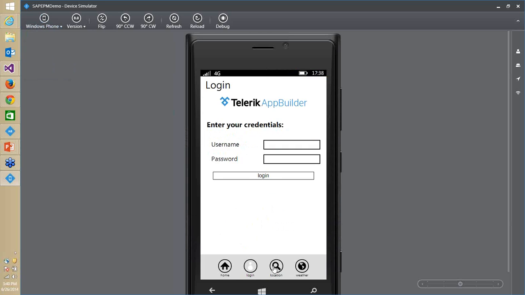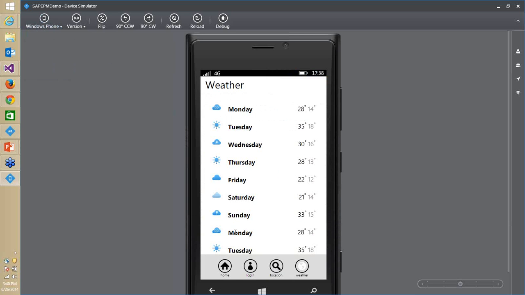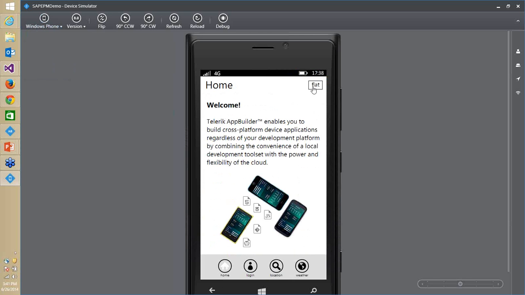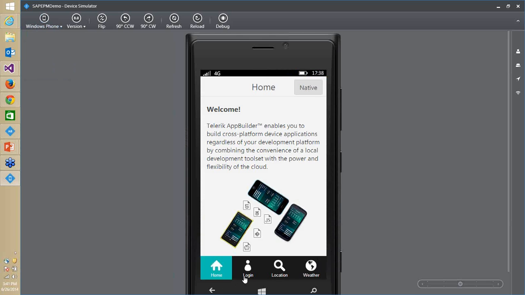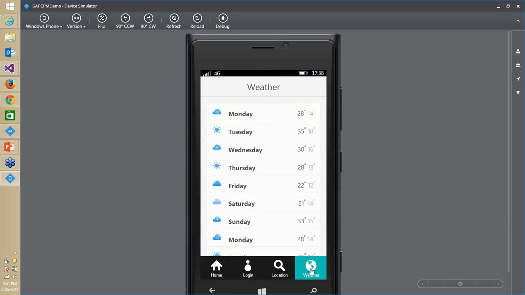I can go to login, location, this, or I can go and say we also have this concept of flat theme. So this is how flat theme looks like. If I go